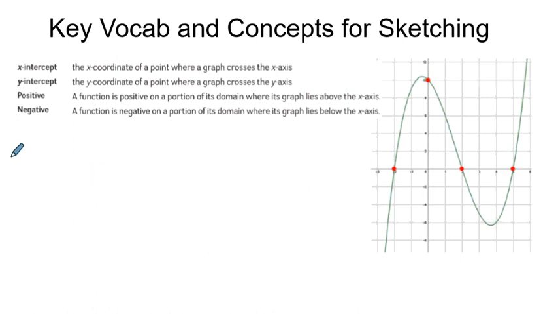So x and y intercepts we should be familiar with already. The x-intercepts are where the graph crosses the x-axis. Remember, your x-axis is right here, and this is your y-axis, and I've got a graph here. When we talk about our x-intercepts, we'll say that our x-intercepts are red, and in this graph they're going to be right there, there,